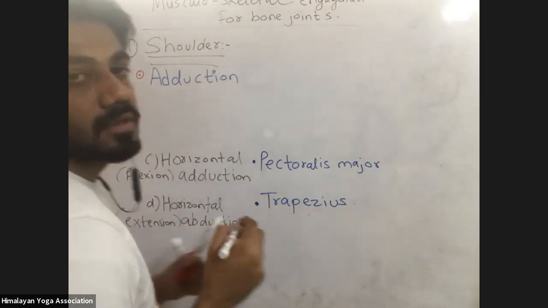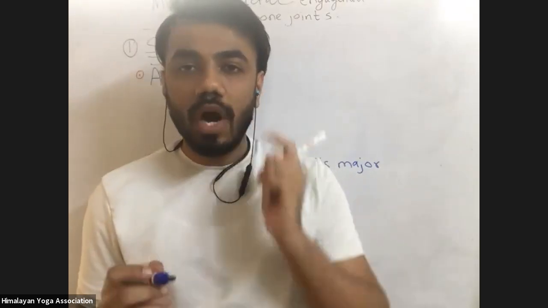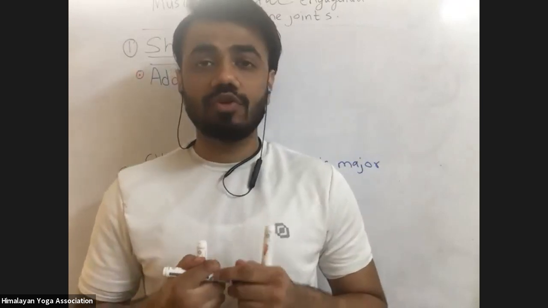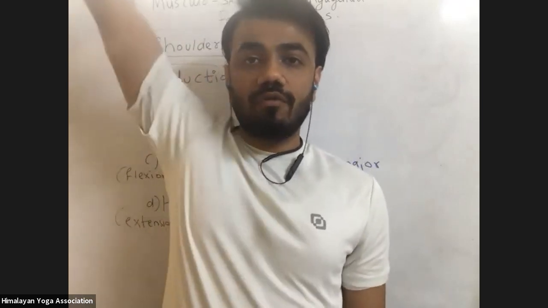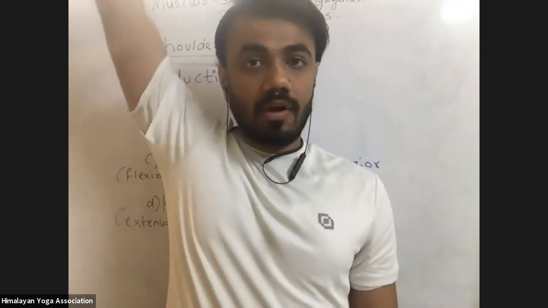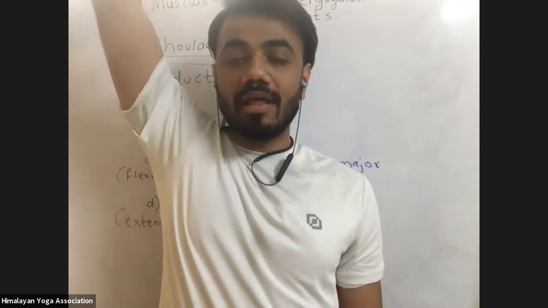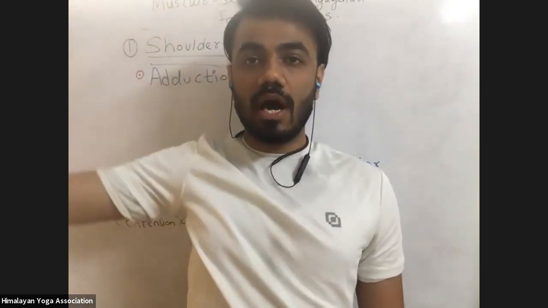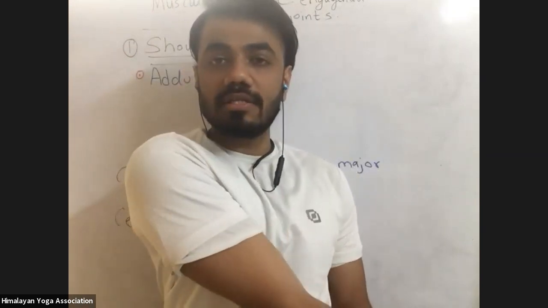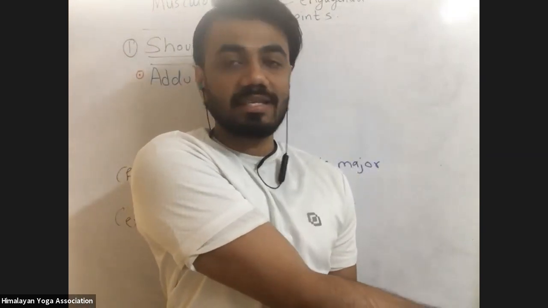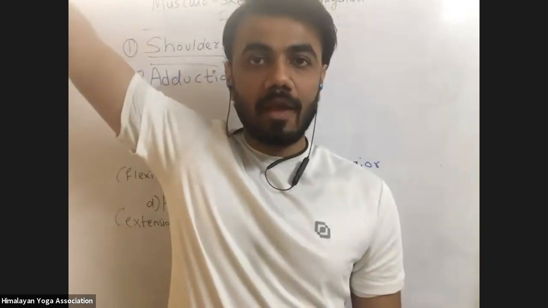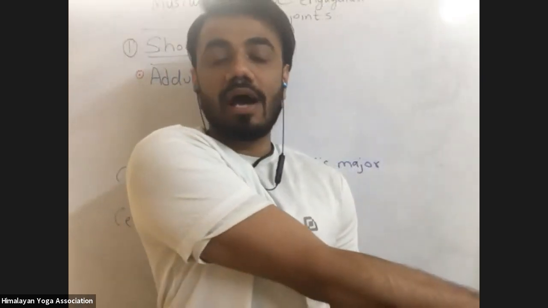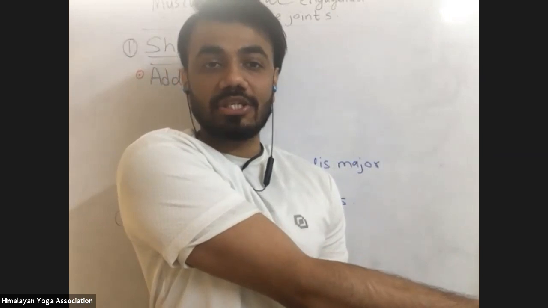Adduction first. So what are the muscles engaged in the adduction movement of the shoulder? This movement of the arm to the side is abduction, away from the midline. And when we bring the arm inside, from this point when we bring the arm down completely in, this is abduction. Sorry, adduction inside and abduction away. So what muscles are engaged when we bring the arm inside in the adduction movement?